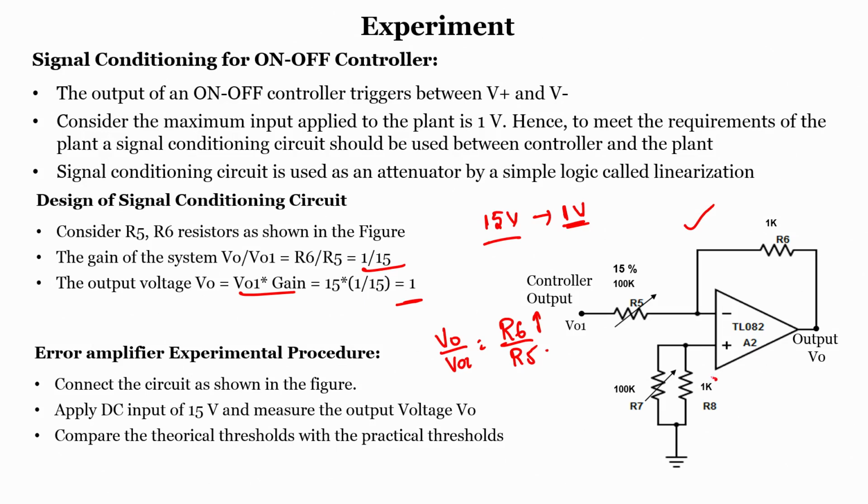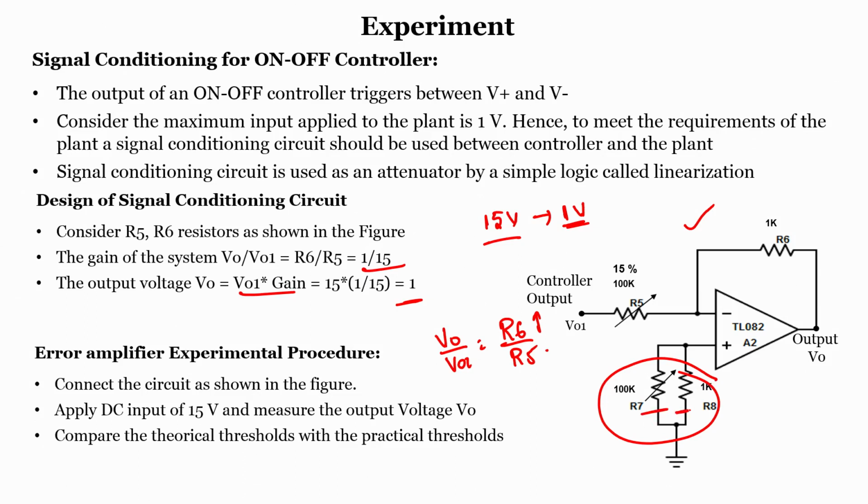Now, what is the use of having these two resistors? When you recall the characteristics of an op amp, we can see that the input bias currents and input offset currents change the output voltage even when you do not apply any input voltage, right. In order to eliminate the effects due to the bias currents, rather than simply connecting the positive terminal to ground, if you connect an R compensation resistor at the positive terminal of an op amp, the effect due to the bias currents can be eliminated. So what should the R comp resistor be? The parallel combination of the feedback resistor and input resistor, that is the reason. One is the input resistance and the other one is the feedback resistance.